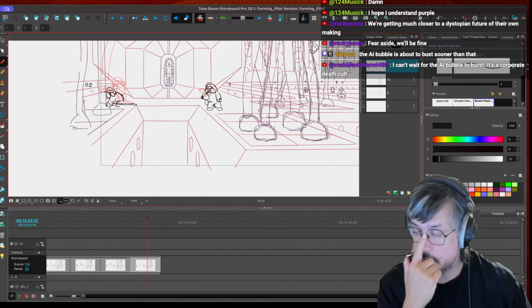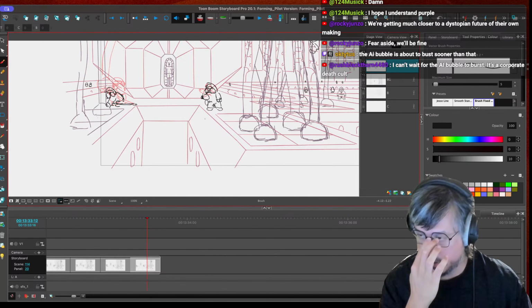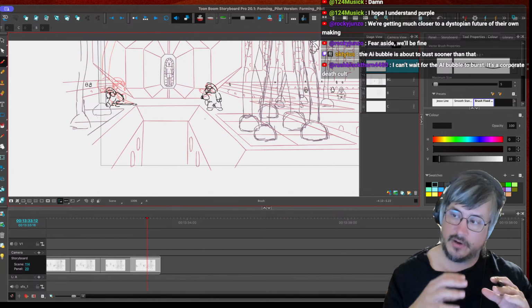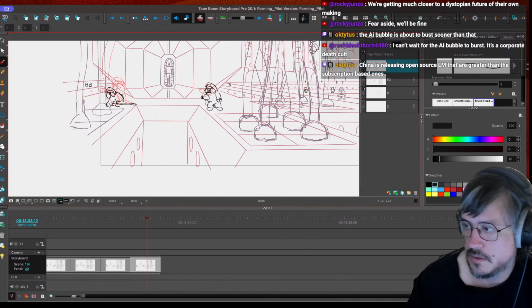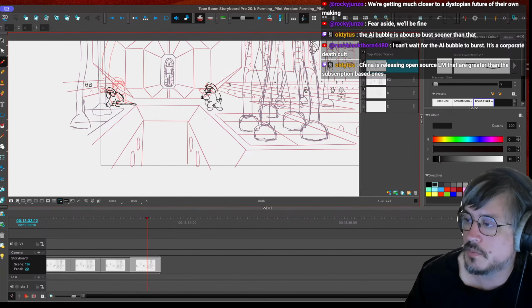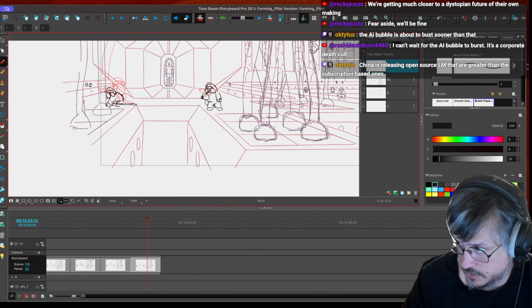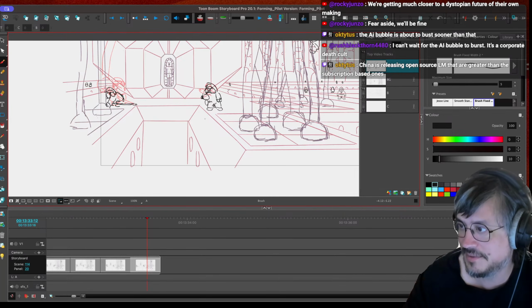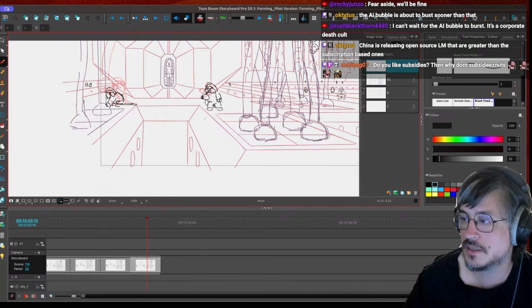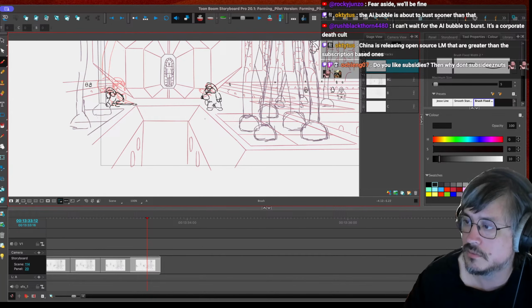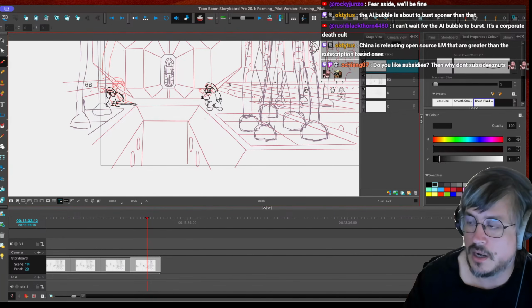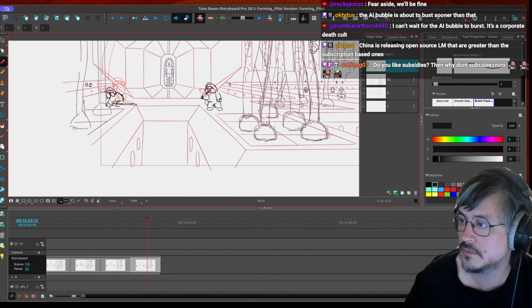I think some aspects of the Gen AI stuff will be used in production, but it's going to be very, very specialized. And it's going to be used by corpos to send you their ideas, basically. That's how it's being used now, and I think that's about as much as it's going to be used. Everything else is just unusable tech demo bullshit. It's all tech demo shit. None of it can actually be used in shows.